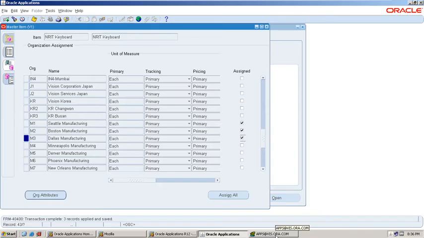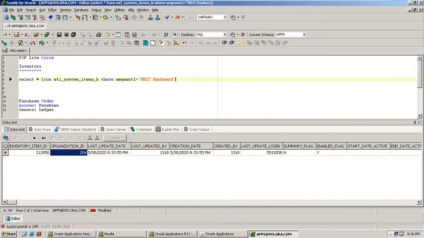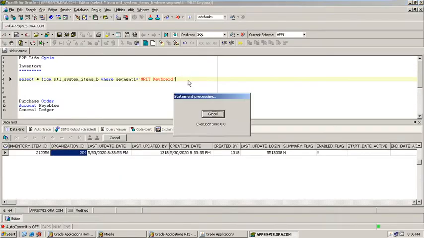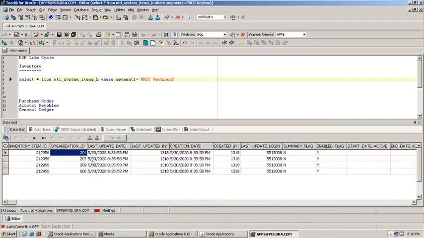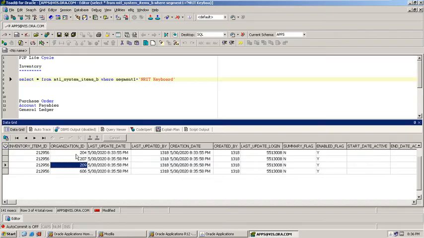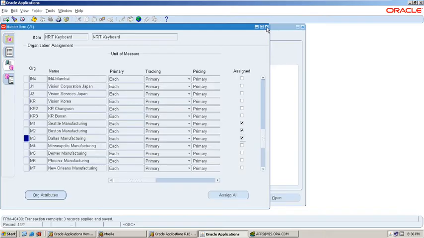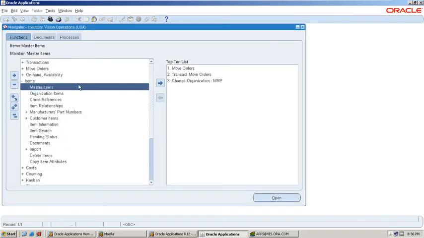Now verify these details in the backend in the base table. Now you can see how many records are showing. There are 4 records showing because this item has been associated with the 4 organizations. Okay, now the item has been created successfully.